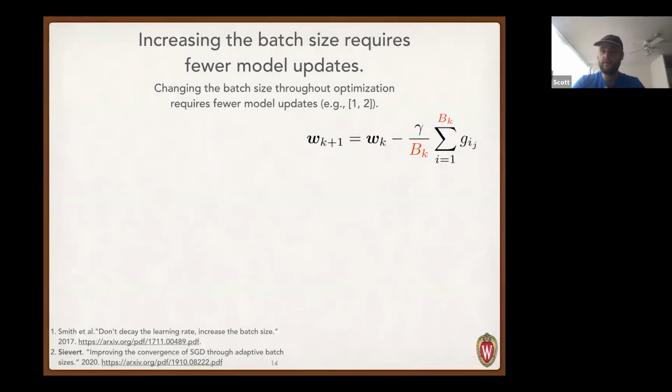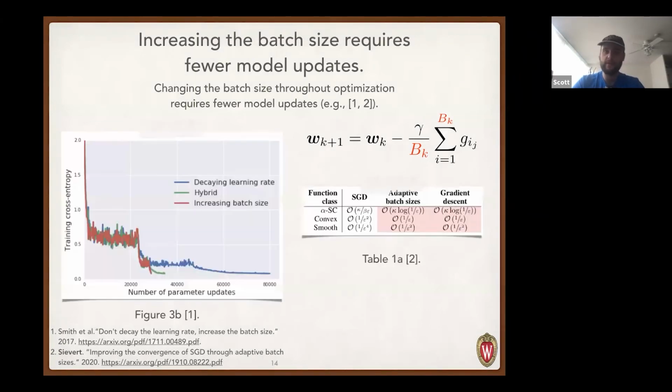There's a lot of work around this, both theoretical and empirical. The theoretical work says that if you change the batch size in a certain way, you won't require any more model updates than gradient descent, which is a huge feature. The empirical work does something that's not motivated, that's not really founded in theory, but it works really, really well